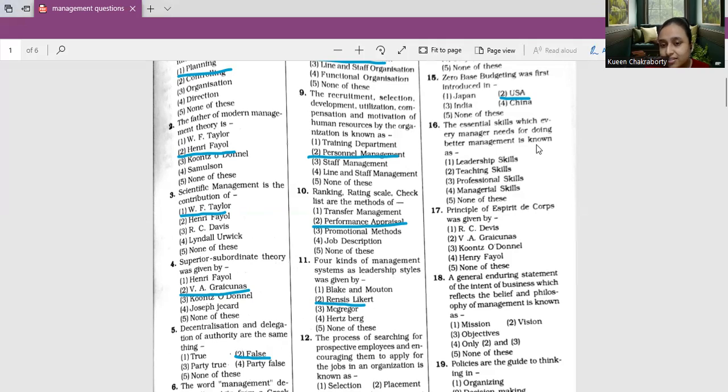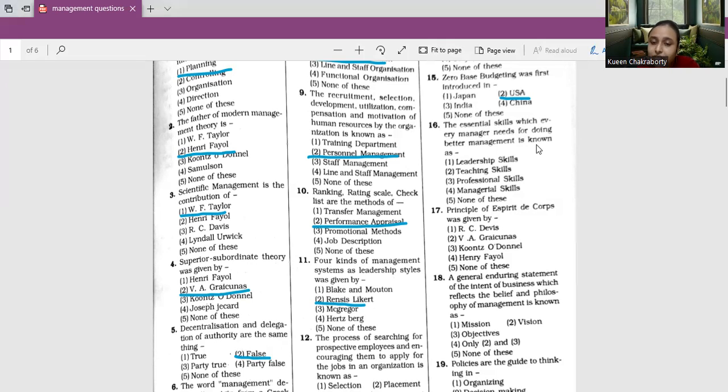Next, coming to teaching skills. He is not holding teaching institutes, or a part of the teaching profession. Yes, he does direct or teach when required, but this is not the basic job of a manager, or the basic function that a manager is supposed to do. For teaching skills in our organization, there are various mentors or teachers who will be doing the particular task. The manager is not associated with it. So the last option we are left with is managerial skills.